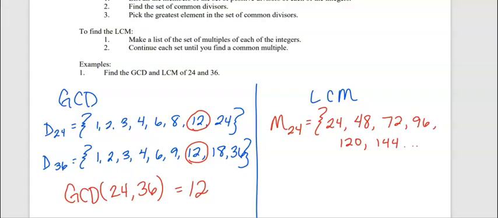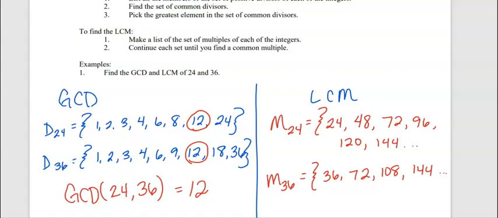because we could keep listing forever. But we're actually looking for the smallest common multiple. So maybe we're already there. Now we're going to go ahead and write multiples of 36. So 36 times 1 is 36, times 2 is 72, times 3, 36 times 3 would be 108. You're just adding another 36 every time. Another 36 would be 144,